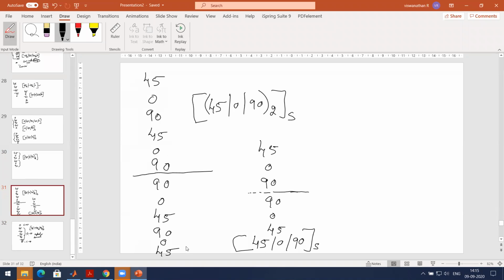orientations and sequence. With the lamina, we have discussed these things: 45 degrees means what happens to the Ex, Gxy and all those. Now, for the overall laminate with different orientations, how does the laminate behave? This is what we will look at in the further classes. So now we have entered the macro mechanics of a laminate. In the next few classes, we will discuss the design of the laminate. Any questions?